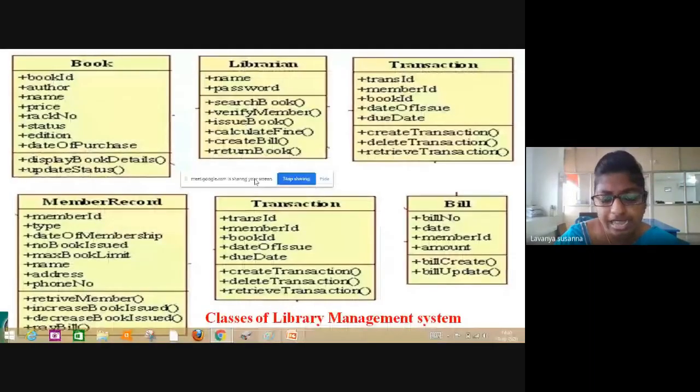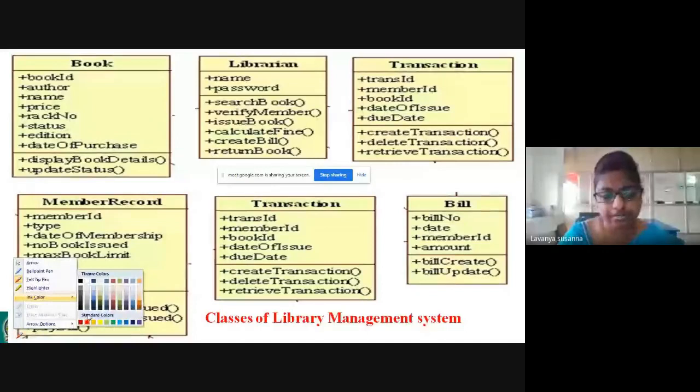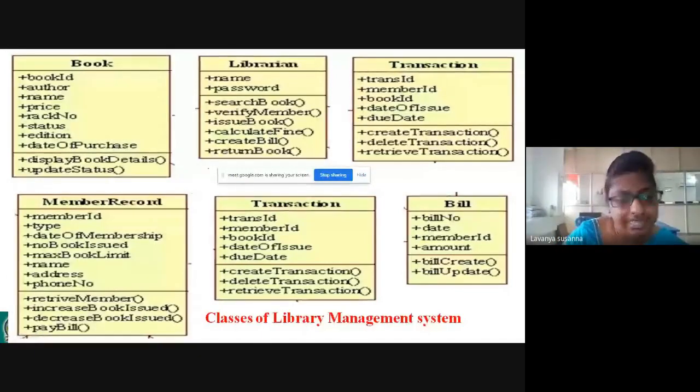See here, classes for the library management system. I will explain, wait. First, let us see who the users are. Student will log in, right? Faculty can log in, right? Librarian can log in, right? First, identify the member record, nothing but student and faculty.